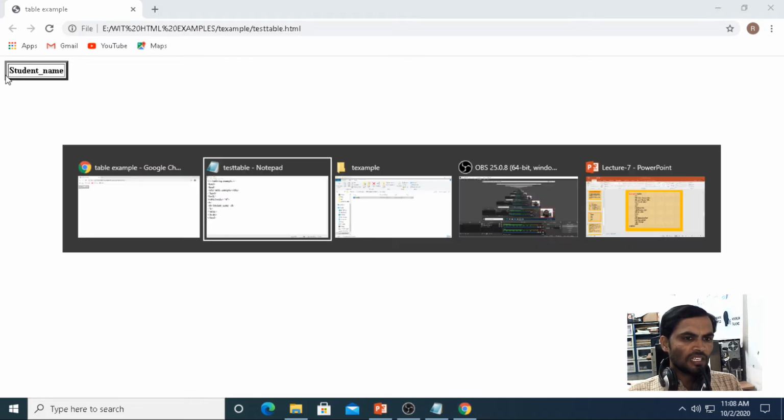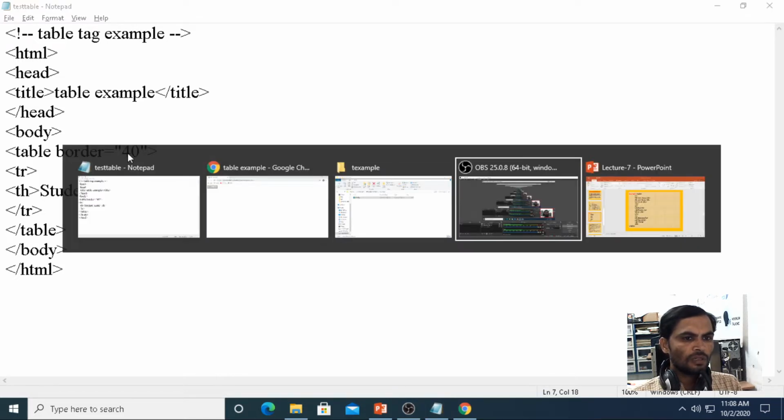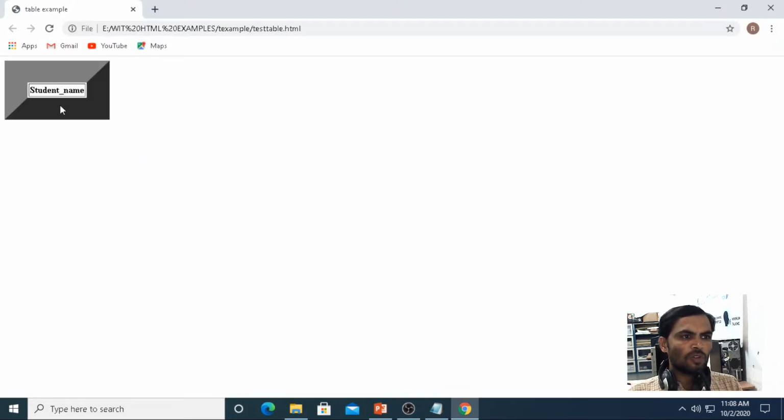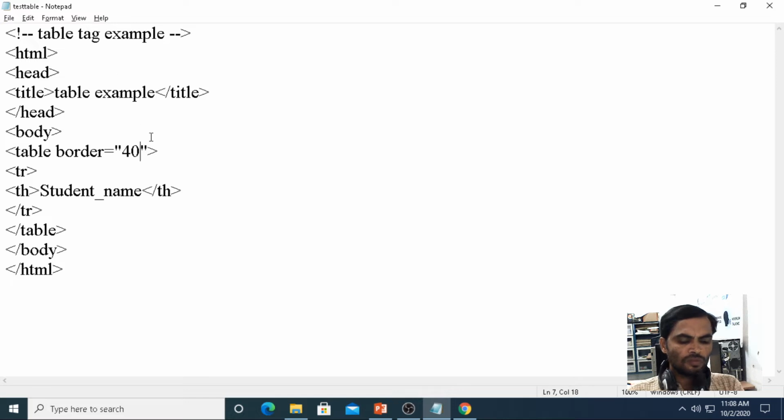If you change the value, I am giving 40 for the table border, now see here, the boundary of the table is shaded. By default it takes some value.